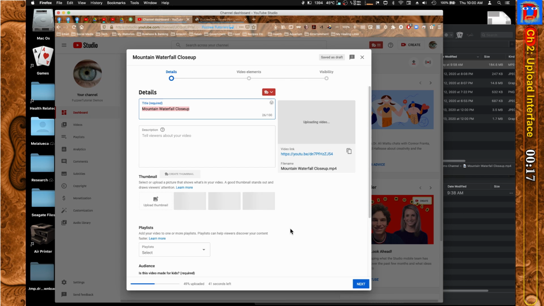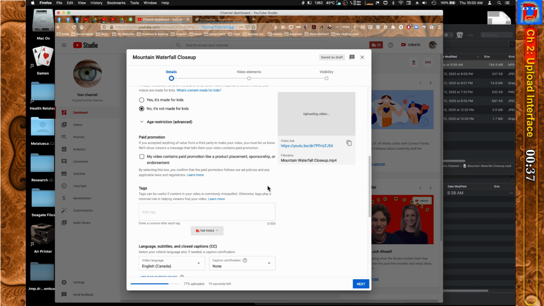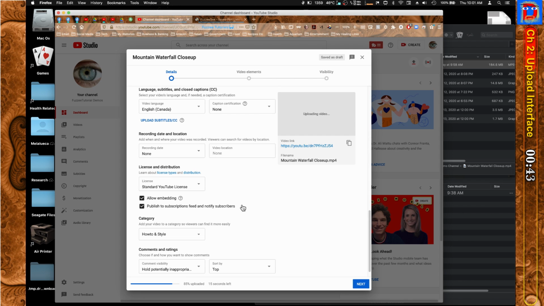Now if you've got a thumbnail, you can drag and drop onto this little thumbnail area here, the same as we did the main video file. And you can scroll down the page, you can open up more options, and you can do all this while the file's uploading. You can do your tags, fill in this other information,